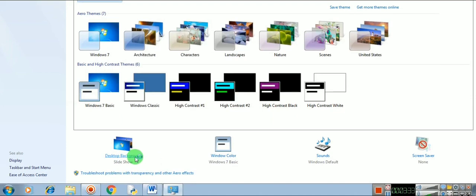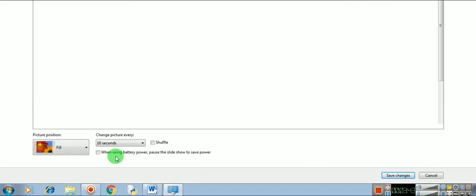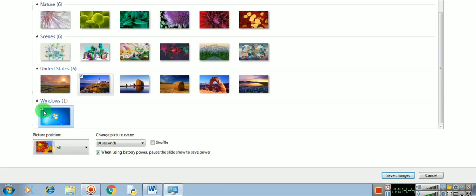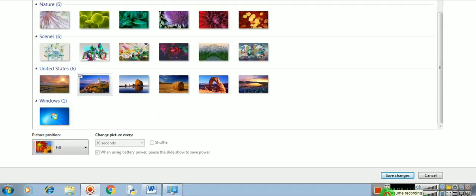Now again I will click on desktop background, but I don't want to check both the boxes. I just want only one background and I don't want to shuffle the background. What do I have to do? I have to check only one box and remove the check from the other one. Fine. Now this option is not active, so this will be the only background of my computer.